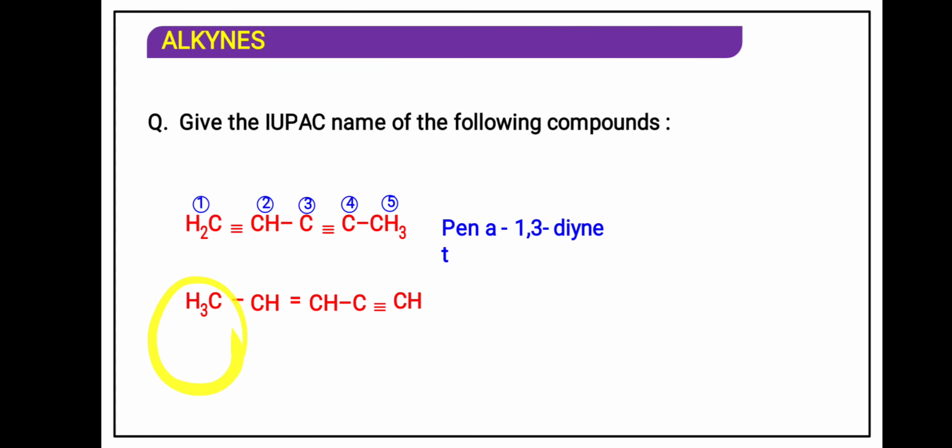If you start the numbering from here, that will be 1, 2, 3, 4. So 2 and 4 positions the numbers will come. And from the left and right-hand side it will again be 2 and 4. So whichever bond comes first has to be given preference. From the right-hand side the triple bond is coming first, from the left-hand side the double bond is not coming first, it is at the second position. That is why the right-hand side is preferred. And why is A not written? Because the same functional group is not repeated. 3-en-1-yne. This T is written below by mistake.